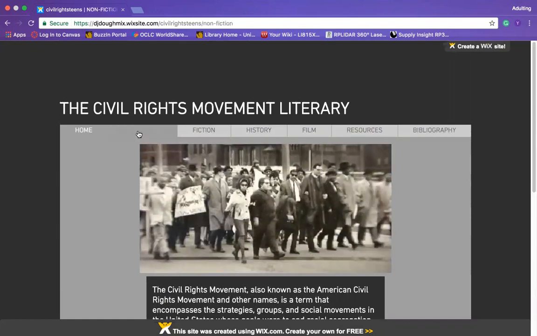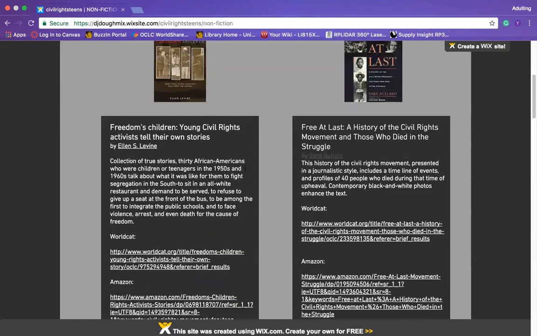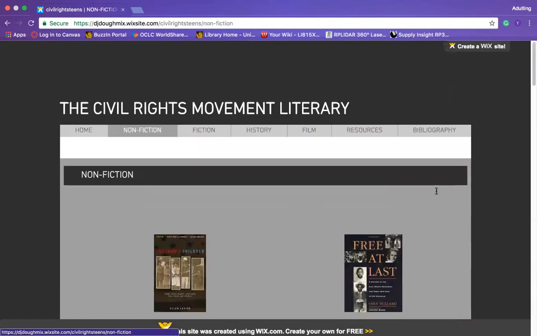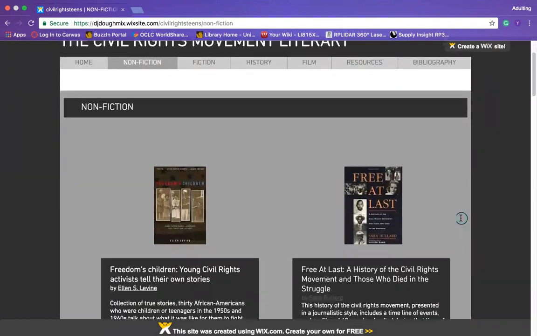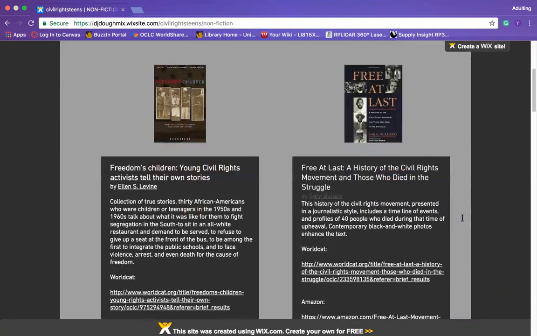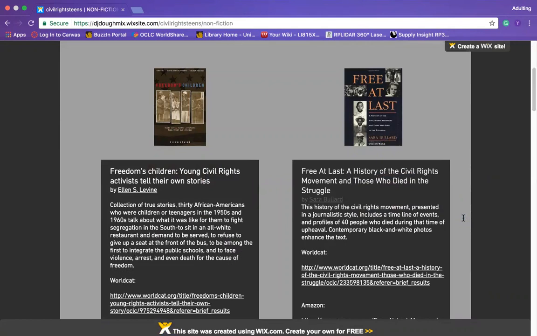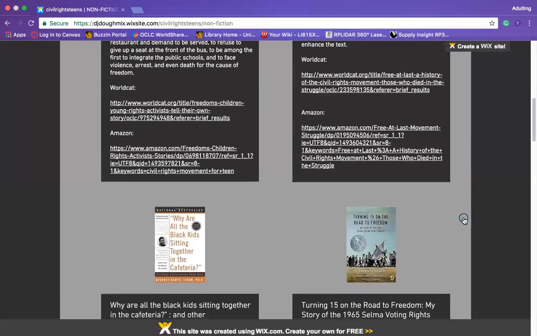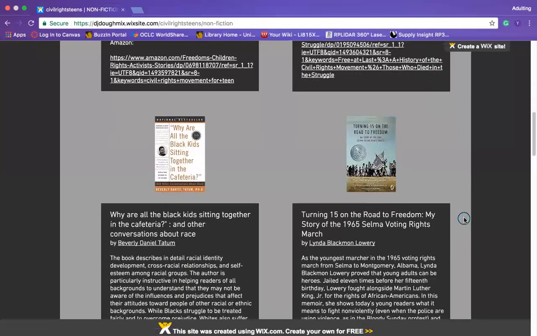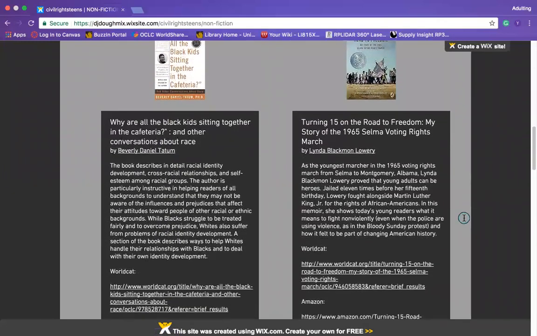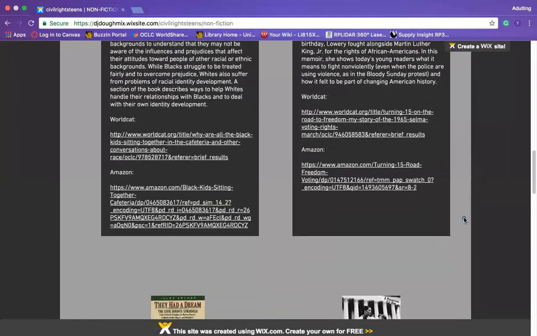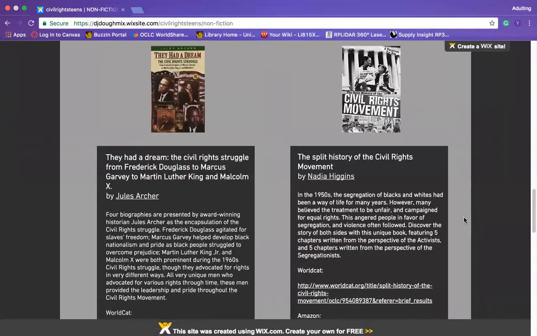Going on to nonfiction, based upon the research that I was doing, teenagers tend to like all kinds of different designs and different art forms when it comes to websites. But I also found out that when you're presenting them some educational material, they don't really want to have to fight to look for it. So this layout is one of the easiest ways for students to get to the information that is presented before them.